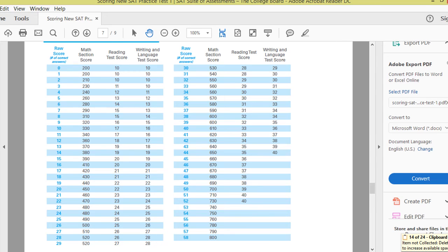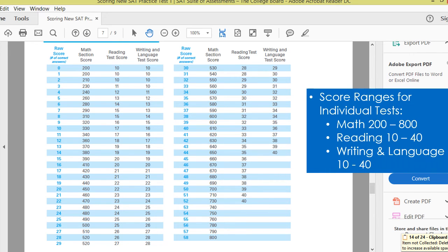We can see that the range of scores for math is the lowest is a 200, while the highest is an 800. And for both the reading and writing and language sections, you'll have a score range of 10 through 40. Now, to compute your overall SAT score,